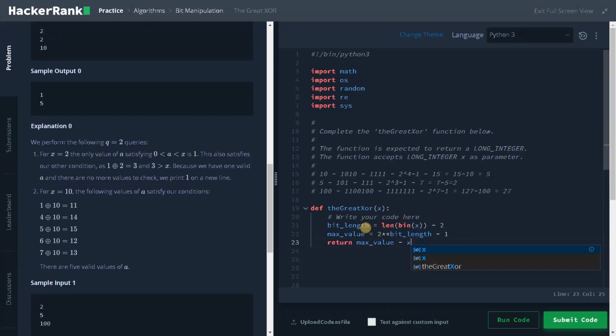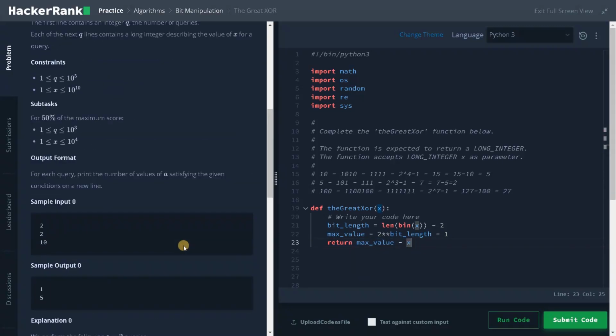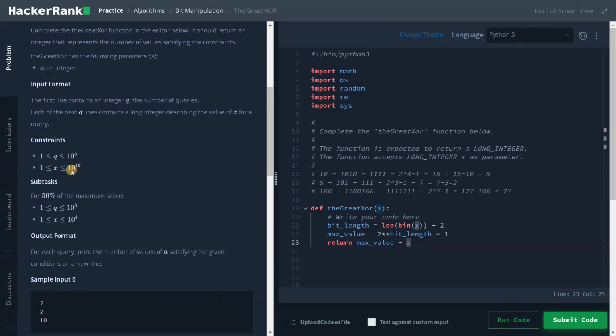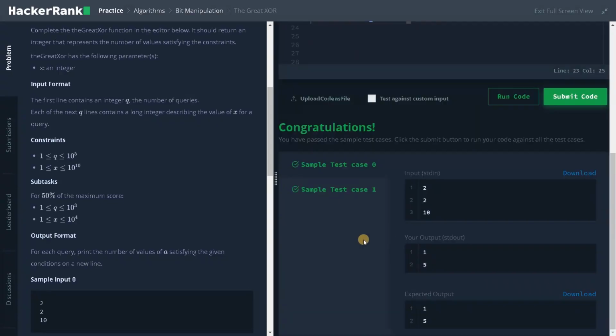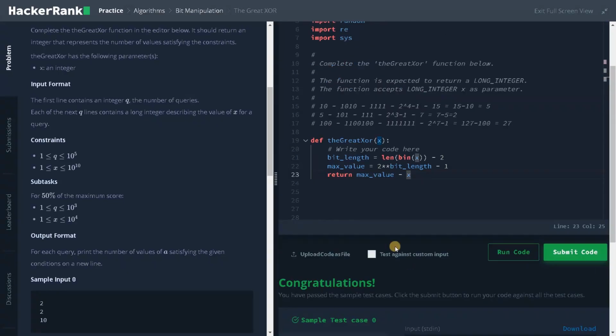So this is completely a constant operation, because this is a constant operation, this is a constant operation, and this is a constant operation. So we have solved the whole problem in constant time, and while the constraint is so high, even if you went for a linear approach, it would definitely time out. So with this constant time approach, you can easily solve the problem. Let's run it once to check whether it is working. As you can see, it is actually working, because we already validated our logic with some examples here.